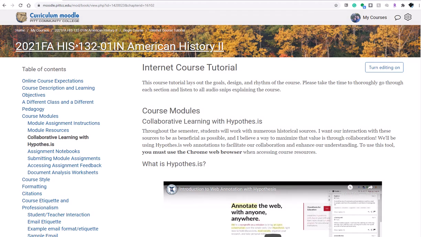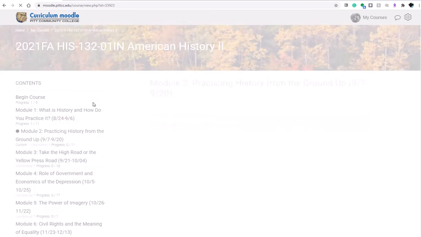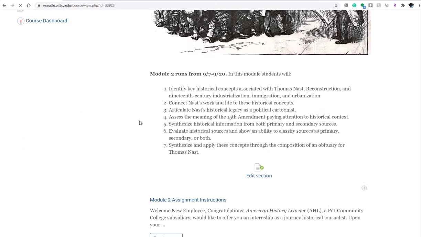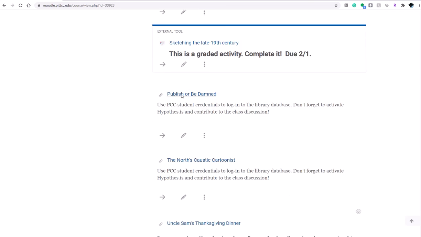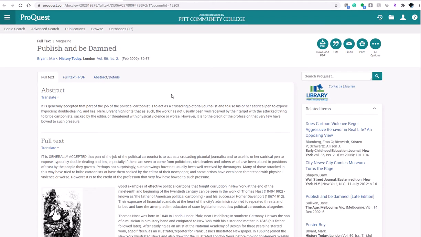But to give you an example of how I'll be using it in Module 2, for example, all the resources, what I would suggest is you use Hypothesis to the most and to the best of your ability. So if you go in and you find one of these resources that says, don't forget to activate Hypothesis, I want students to be a part of a larger academic conversation. So if you open this resource here and you activate your Hypothesis and open this up,